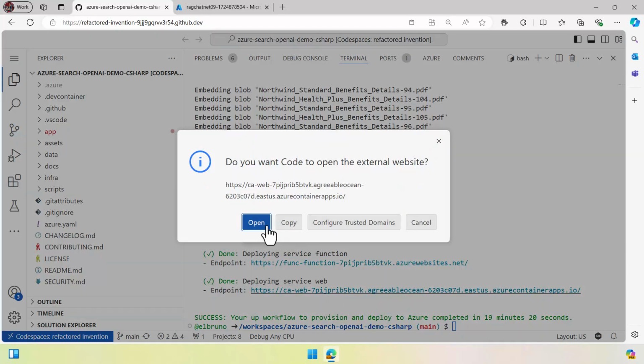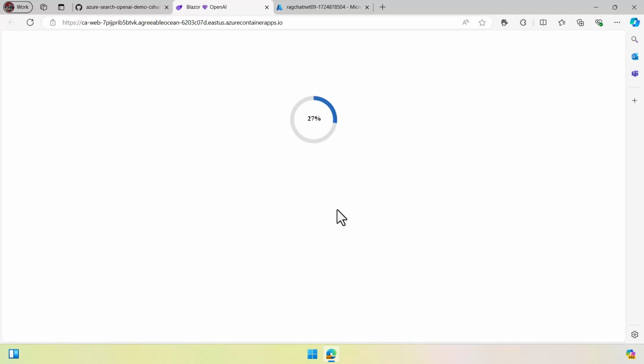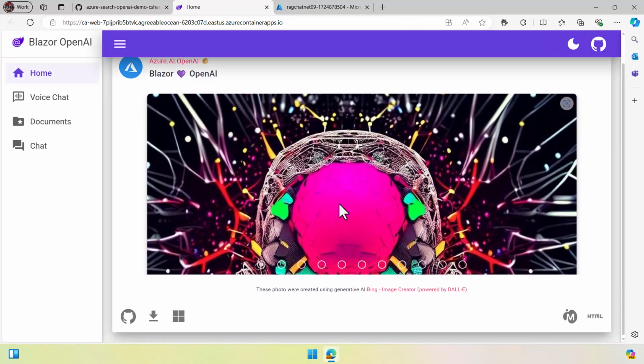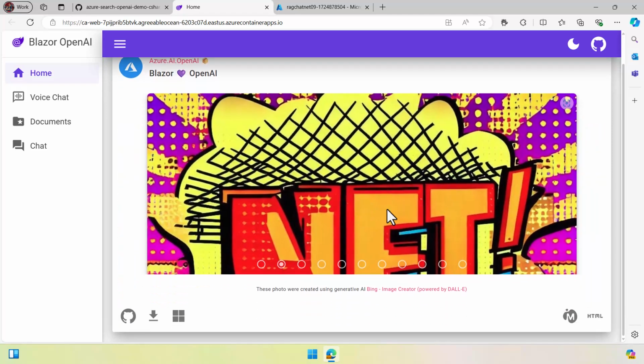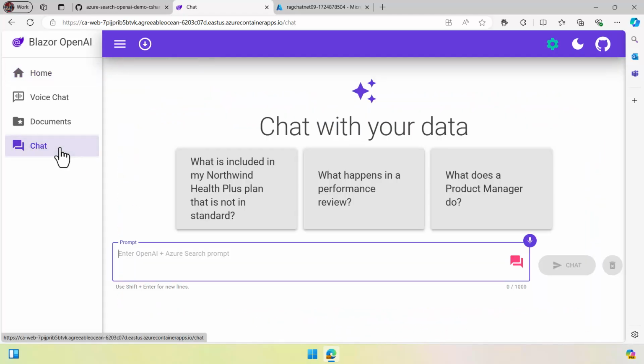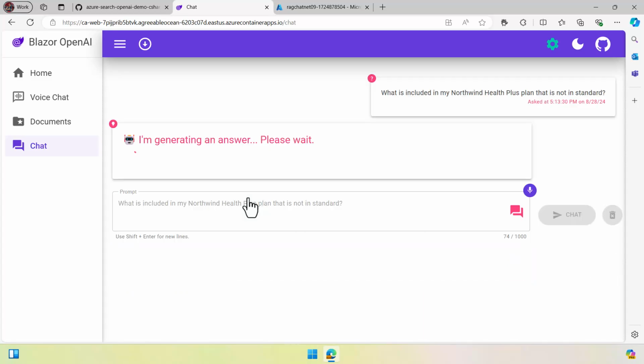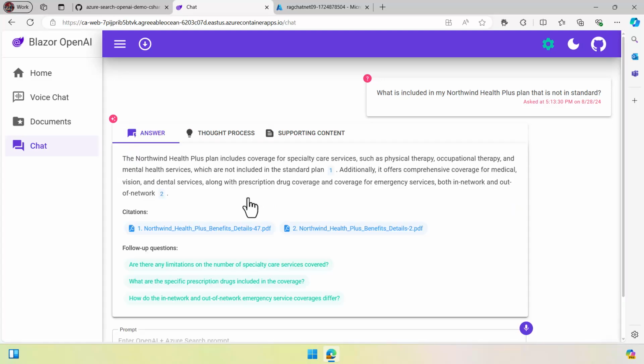It's running in the cloud, and first time we are going to see that we have the document, the kind of an intro here to Blazor. And if we go for chat, we can even start to check, okay, what is included in my Northwind Health Plus plan that is not a standard. It's going to generate an answer. It's running slow, I set up some low resources for this one, but hey, we have the answer